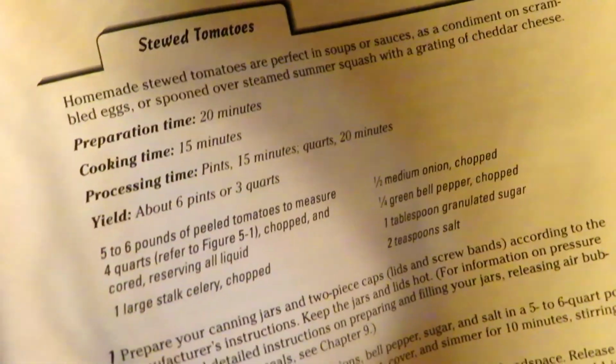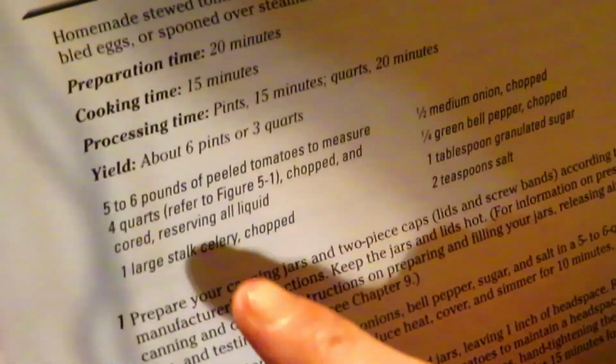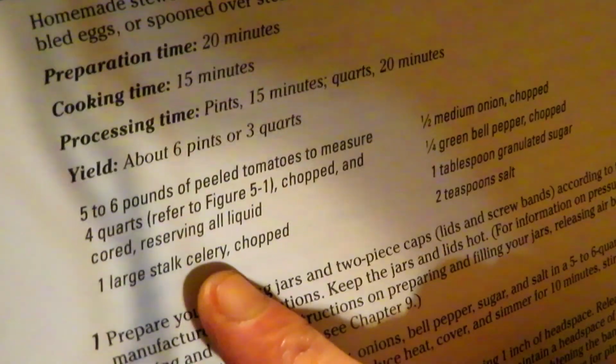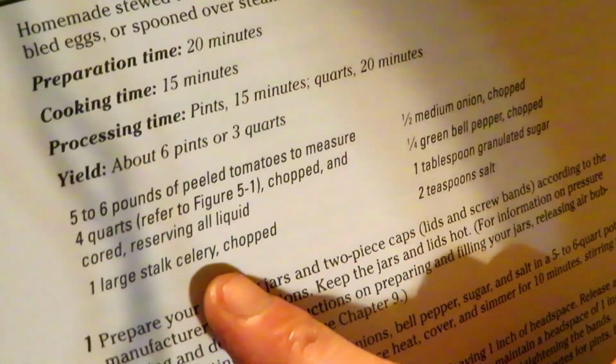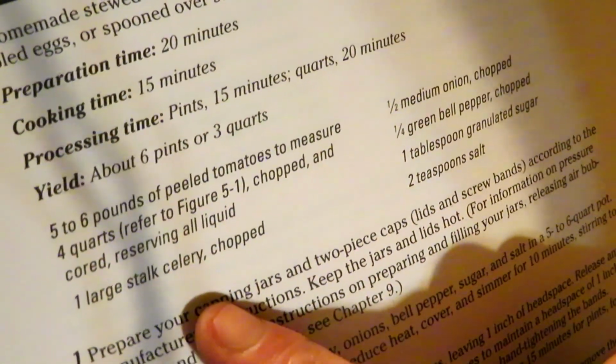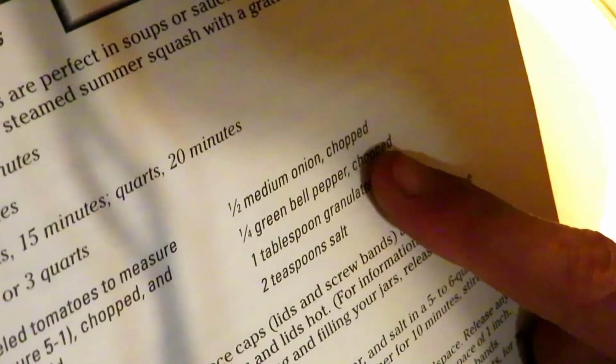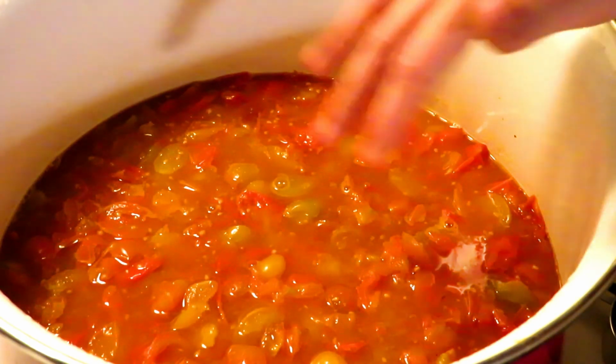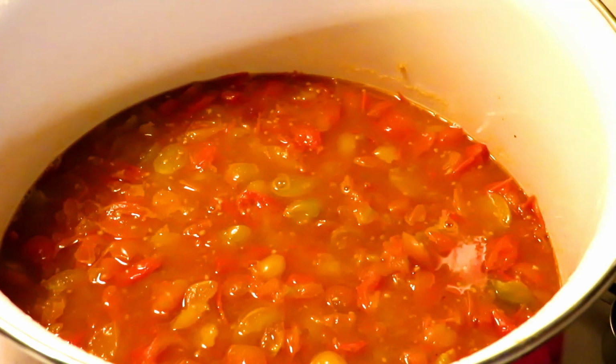Now, I always triple the recipe, and we don't use celery because we prefer not to. I also add apple cider vinegar with the lemon juice, and instead of granulated sugar, I like to use honey. Okay, it calls for 5 to 6 pounds of peeled tomatoes and 4 quarts chopped and the liquid part of the tomato. Now, since I use cherry tomatoes,